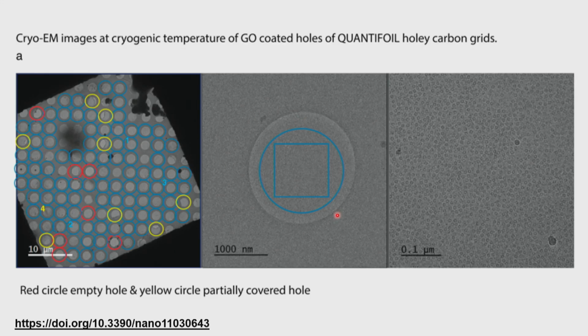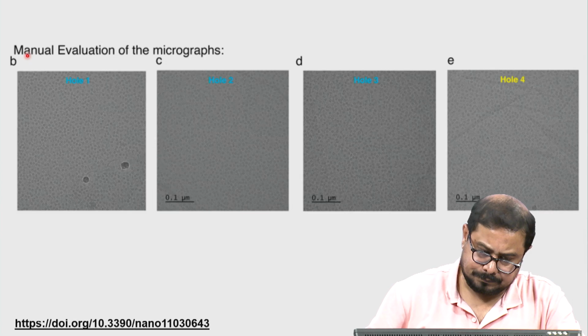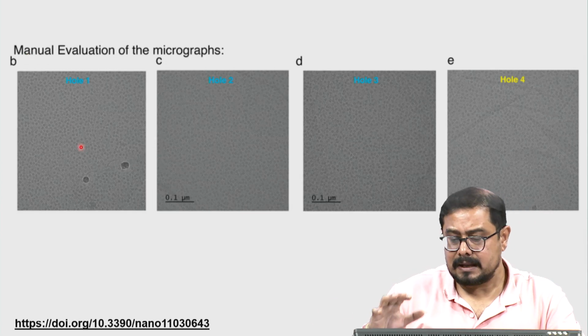So, here I am showing you an enlarged view of one of these particular holes, where we are just targeting the center part. Now, when we collected this data, you can see we are using a very small amount of sample, but the overall sample distribution is very nice all over the grid. Okay. So, now if you just evaluate that,